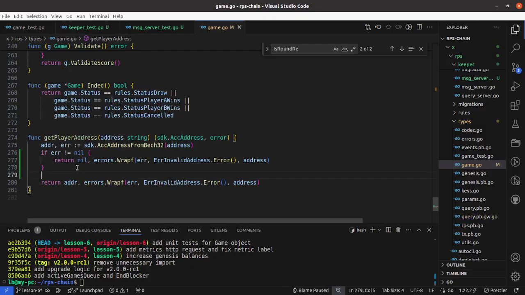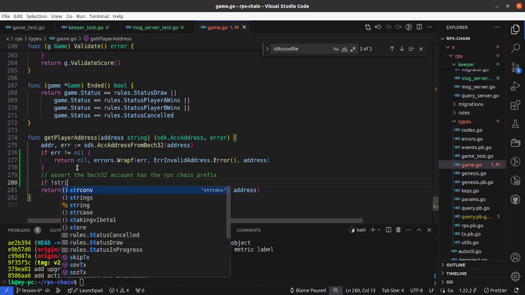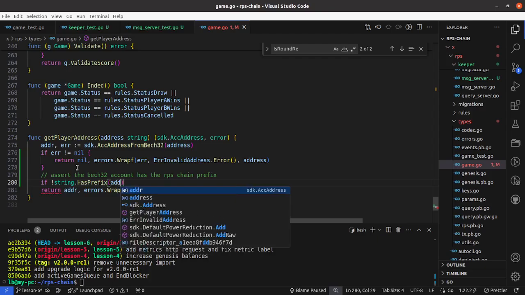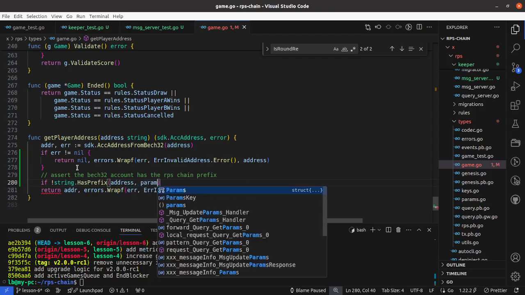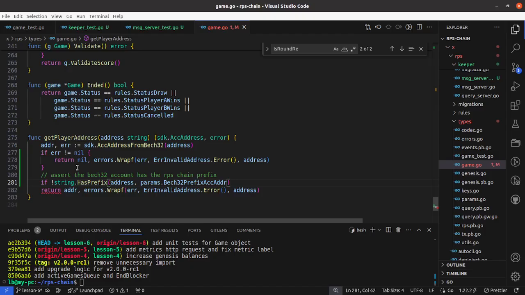And then we'll add an assertion that the bech32 account has the RPS chain prefix. So we're going to do strings has prefix, the address, and we have our params bech32 prefix,